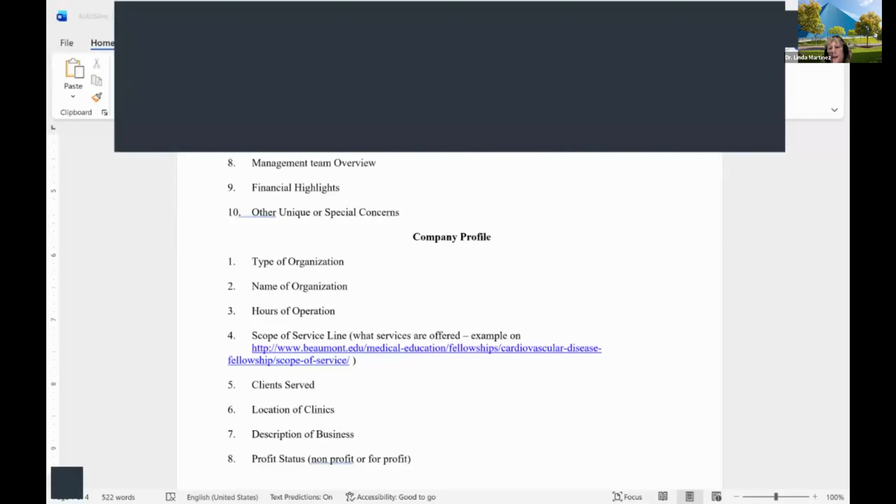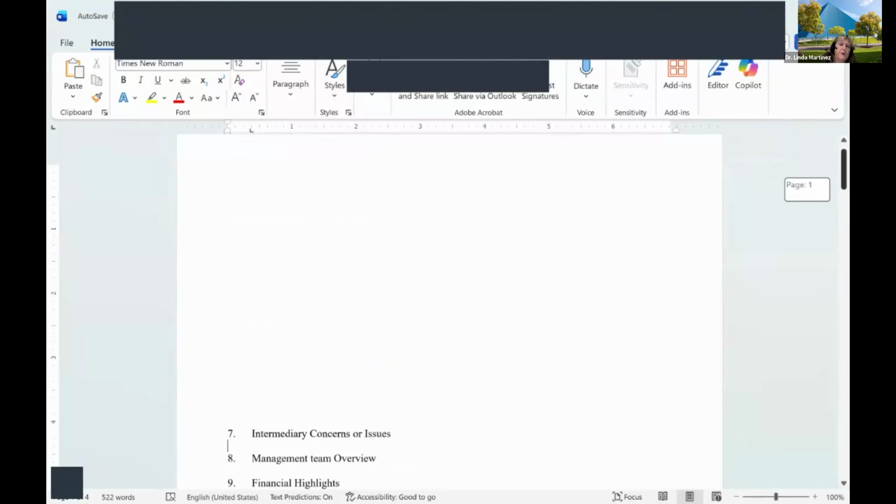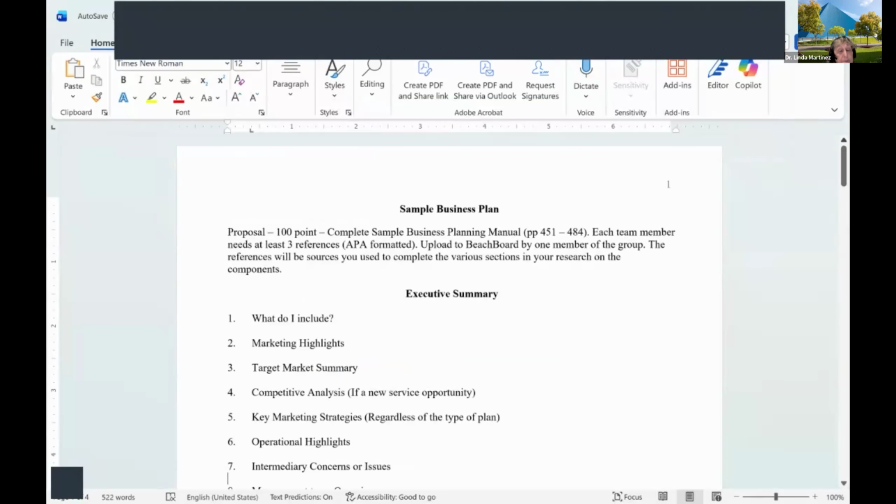Okay. Now, for your proposal handout, for what you're going to turn in for your proposal, it's actually going to be this handout. And remember that you have to have citations, references in the text of the handout, as well as a reference list at the back. You're responsible for 3 per person. Now, that doesn't mean that you have to tell me which 3 each person did. That's just the total number. So if there's 6 members in your group, then you need 18 references. And I don't care who does which one.